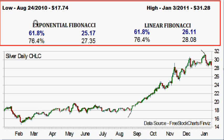31.40. Now, on an exponential level, I can sincerely tell you I cannot give you a mathematical formula for how to calculate it other than in multiple steps. However, from the exponential levels and the linear levels, what we see here is that we have 25.17 for its main one and 26.11 in here, which is the area for the bottom of the head and shoulders pattern. And that's why I've been stating that based on the 31.40 top, I'm expecting it to go to 25.26. This is the reason why, because Fibonacci tells me that it would be its